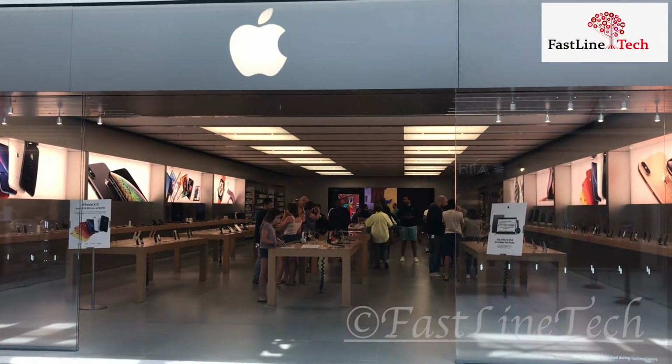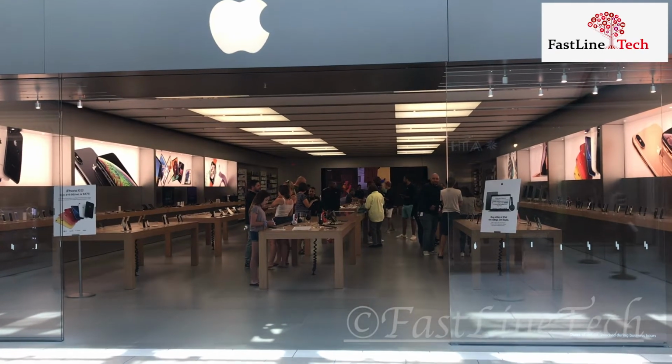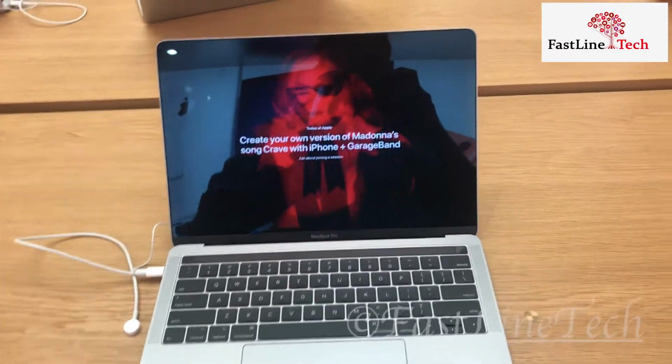This is the Apple Store. I'm going to buy the new laptop and I'm going to show you how to set up a new laptop. Okay, those are the fun kind of machines. So it's going to be...